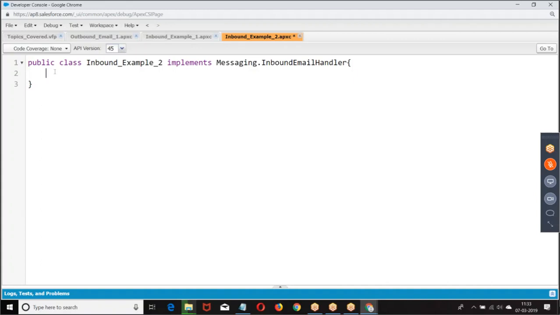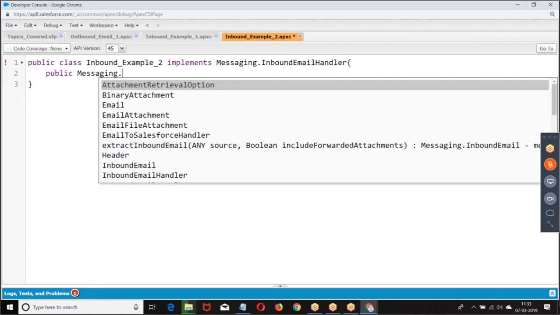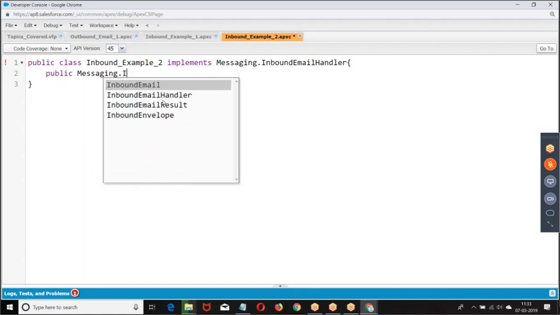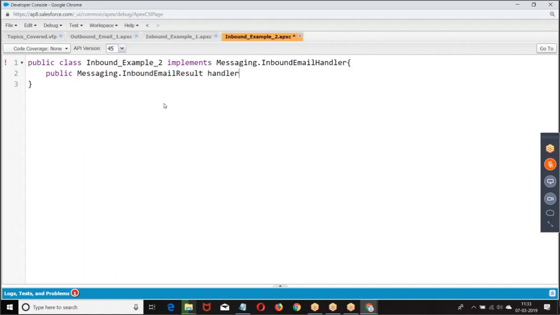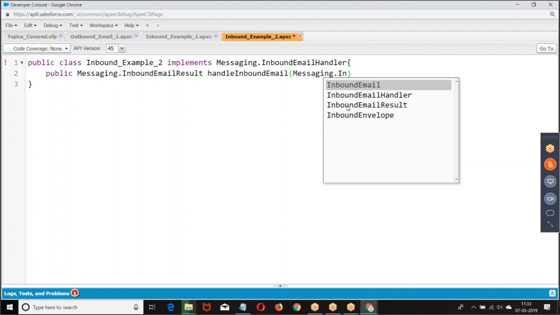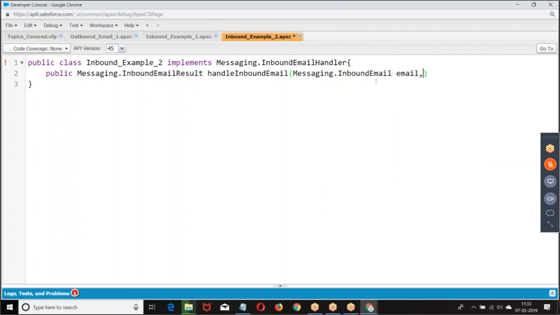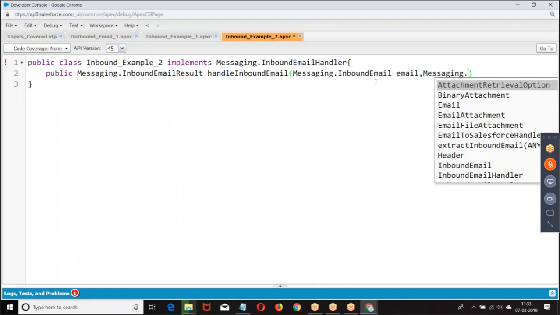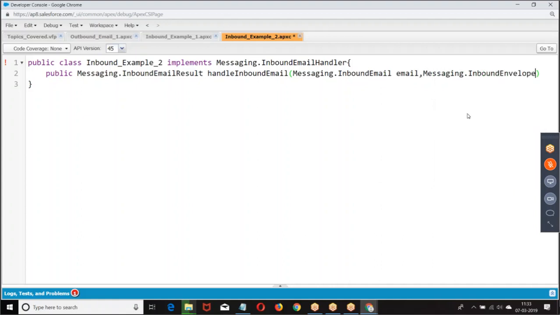Then what is the method they have to define? Public Messaging.InboundEmailResult handleInboundEmail, with parameters InboundEmail and InboundEnvelope.